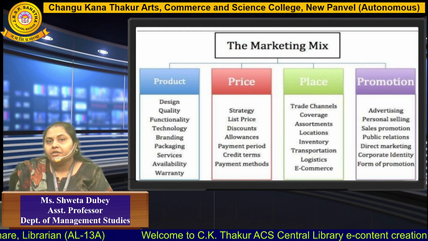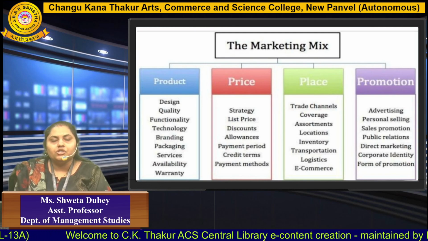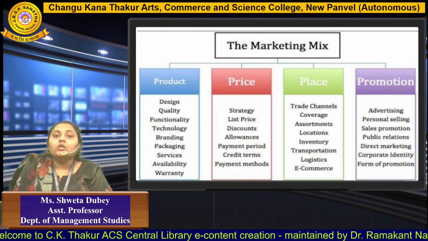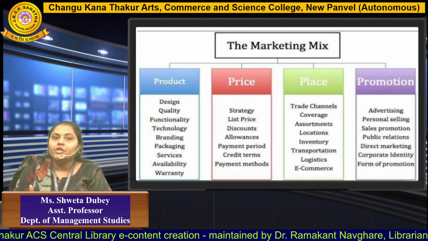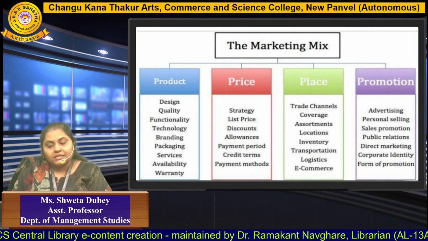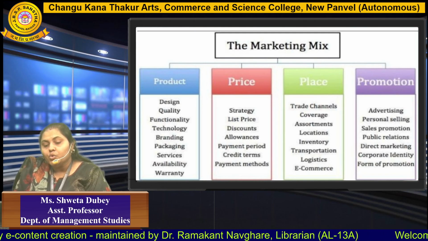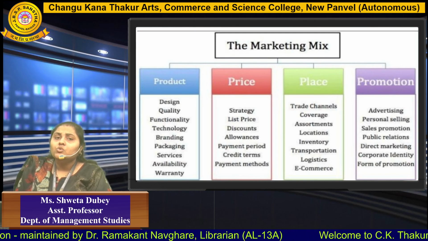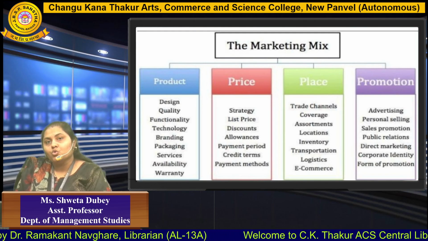You have to choose on the basis of the trade channels that you have. What is the market area that you are covering? Are you covering a special locality or a region? Are you going to go national? Are you going to go international? All these things are decided when you decide on the place and how readily you can make the product available. Besides that, we are also going to discuss logistics and supply chain, which may include inventory, transportation, warehousing, and also e-commerce platforms.